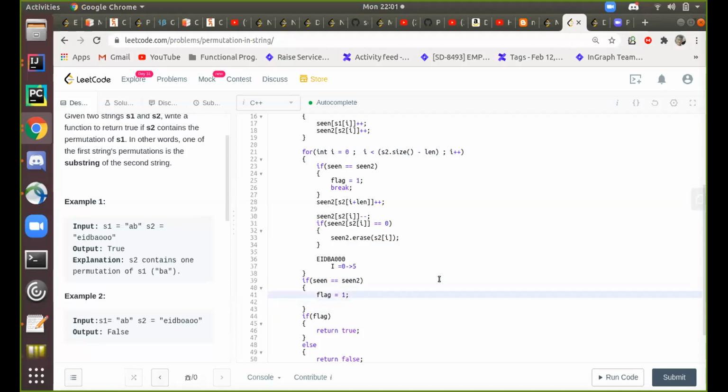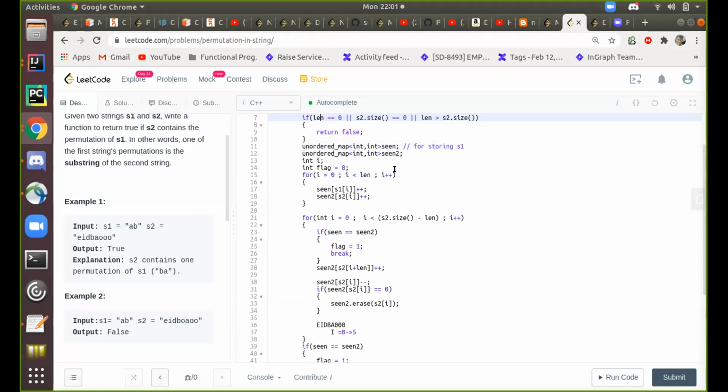What is not clear is how are you comparing two arrays here? Like seen equal to seen2? Yeah, like seen is an array, right? No, he's using a hash map. He is using a map. Do you guys see that? I mean, this particular implementation simulates a standard algorithm. Which one? The whole implementation. Okay. What algorithm are you talking about, Praveen? We learned that yesterday, right?